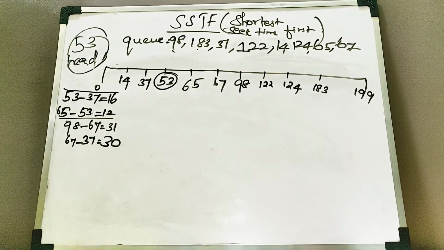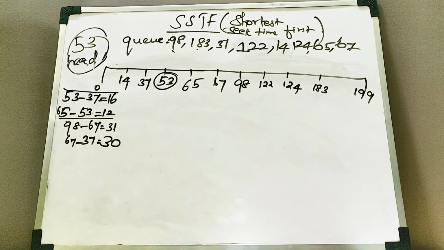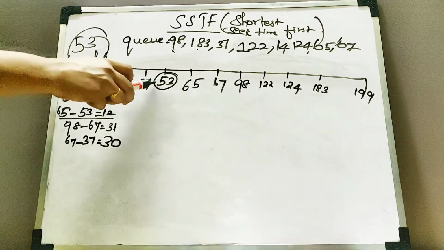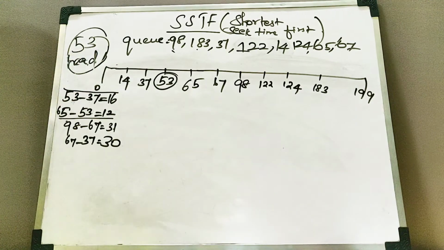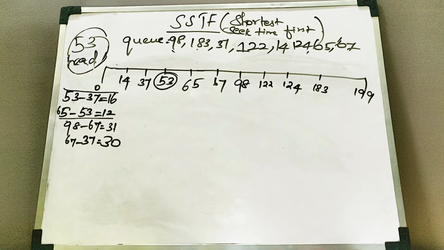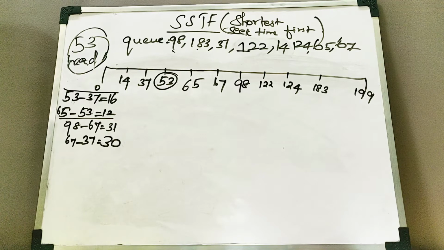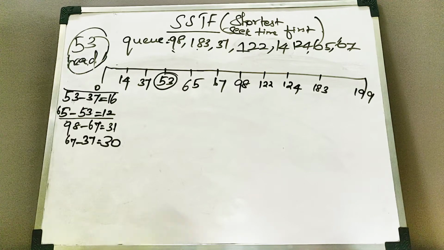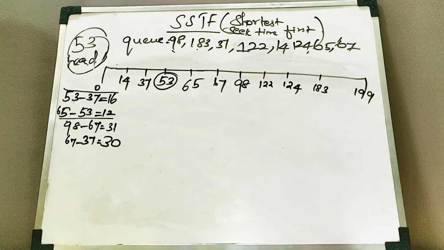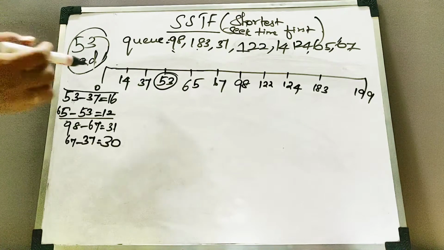What is this algorithm? SSTF algorithm. It is the shortest seek time first algorithm. Shortest seek time, or very least time, we could say. What this algorithm will do is start from the current head position, that is, the point where the head is at, 53, and it will try to serve the pending request which is close to the current position. I'll repeat it. It starts with the current head position, which is 53 in our example, and it will try to find the pending request which is very close to the current head at 53.